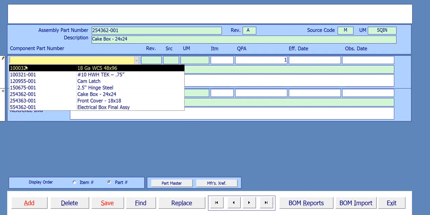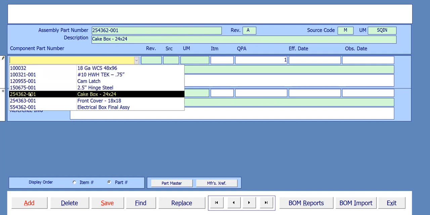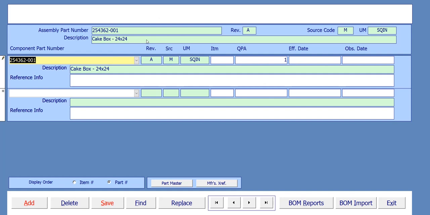So you can do all sorts of silly things. You could even reference itself in here, which doesn't make any sense at all. You can't say, okay, I want to make a cake box, well, I'll make it from a cake box. It doesn't really work that way, right? So